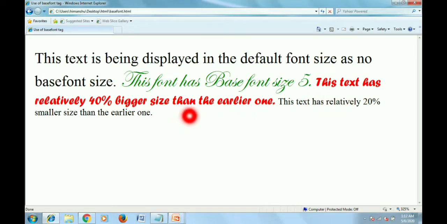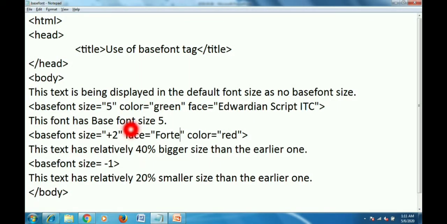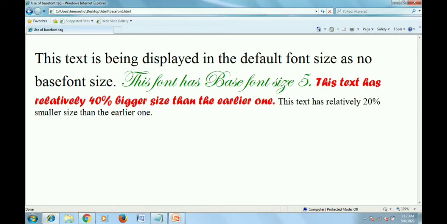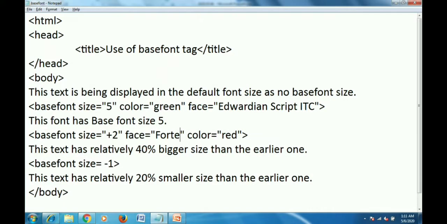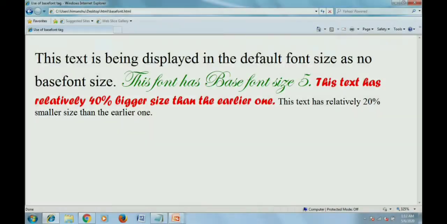This text should have a relatively 40% bigger size than the earlier one, but it is of the normal size, its size is 2 only, because Internet Explorer does not understand the relative values. It understands only the absolute value. So Internet Explorer is considering it as a size 2. And again in the next line, Internet Explorer has considered it as a size 1 only, because Internet Explorer is not able to understand the relative values. It understands only the absolute values. I hope it is clear to you.